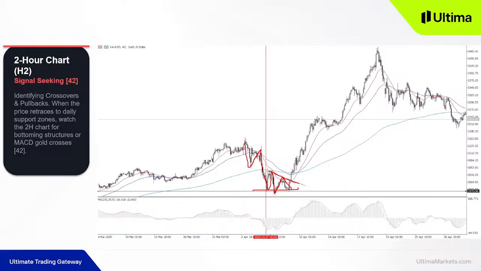And when the price starts to converge, usually only two things will happen. The first one would be a breakdown and form a further downtrend continuation over the 2-hour chart. And the second scenario would be a bullish breakout